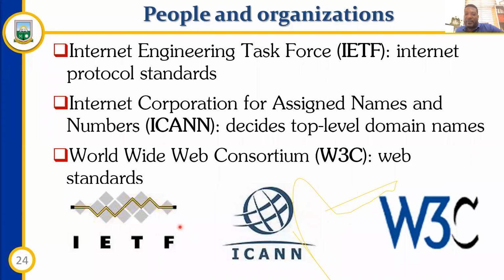Now, each of these organizations is responsible for a few things when it comes to the internet. The IETF is responsible for the protocols and standards that every device or application needs to use to be able to talk to each other. There are certain standards you should adhere to when developing some of these applications. And ICANN decides the top level domain names. By top level domain names, I mean, if I say a domain name, an example of a domain name is